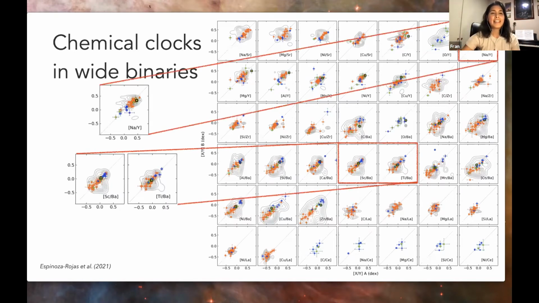And now is when I need you to remember that very inhomogeneous system that I mentioned before, which is marked with a black square in these plots. Here you can see just a few of the clocks that show that even when the components of this system have chemical differences of about 0.2 dex, these abundance ratios tell us that the components should have very similar ages, which is consistent with the ages that Ivan Ramirez derived for these stars, which are about 6 gigayears.